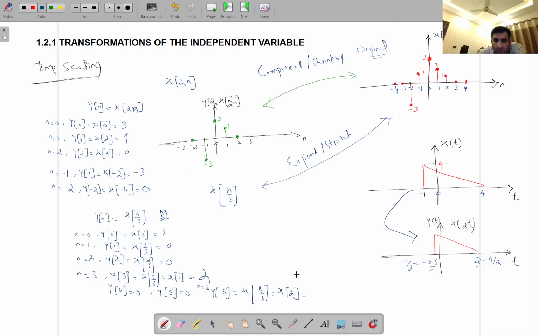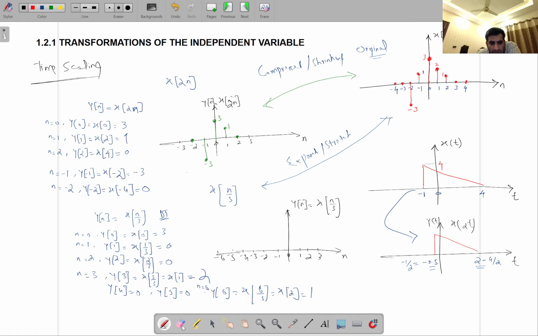So x of 2 is now 1. So now let's try to plot it. Let's try to wrap it up. So we do n over here. We write y of n is equal to x of n upon 3 over here. We put some values: 0, 1, 2, 3, -1, -2, -3, -4, -5, -6,